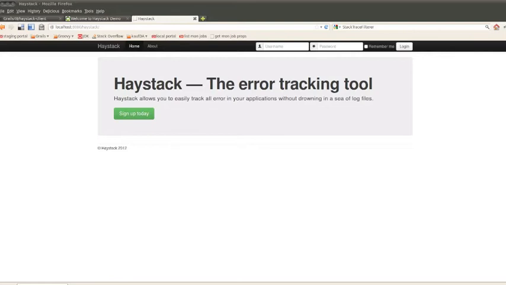There's two main components. The first of which is a Grails plugin that you install into the application whose errors you wish to track. When an error occurs, this sends an XML payload to the Haystack server, which then groups together error occurrences that are originating from the same place, or errors that are generated by the same bug. It also collects contextual information about each error, for example the HTTP parameters, the headers, the session data, the stack